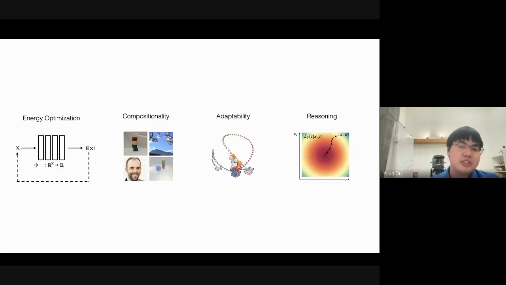And so essentially, in conclusion, I've presented this idea of energy optimization and I've shown some useful applications of it. On one hand, compositionality: you can compose separately trained models together, which can be very helpful if you have to learn at different points in time. I've shown that they can enable very adaptable behavior synthesis, which is useful when you have all types of external constraints or blockers that suddenly occur. And finally, I've shown that they are useful for iterative computation and enable you to adapt to different out of distribution inputs and problems that you haven't seen before. At this point, I'm happy to take any questions on any of the previous sections.